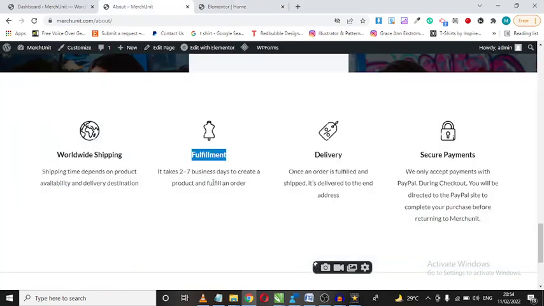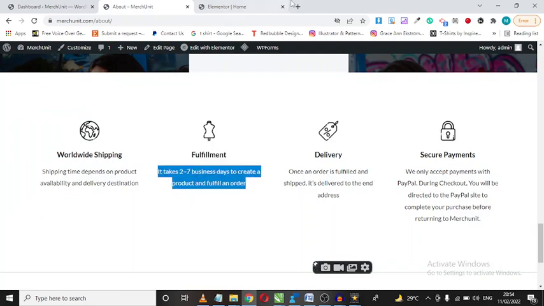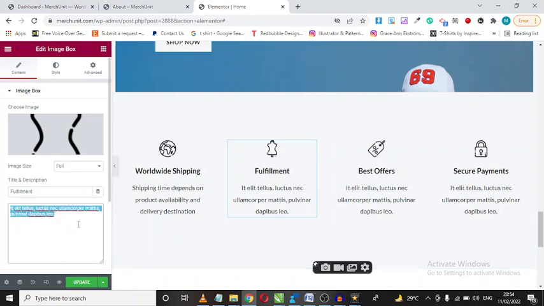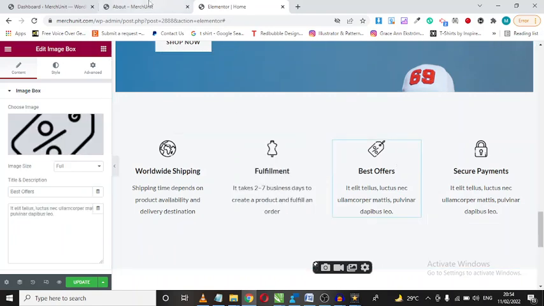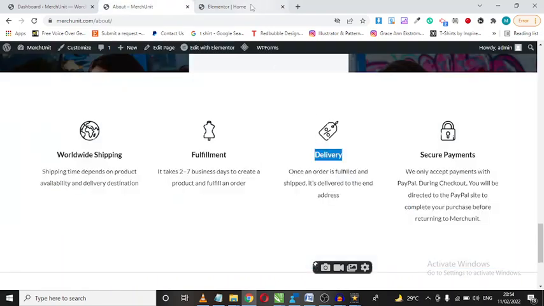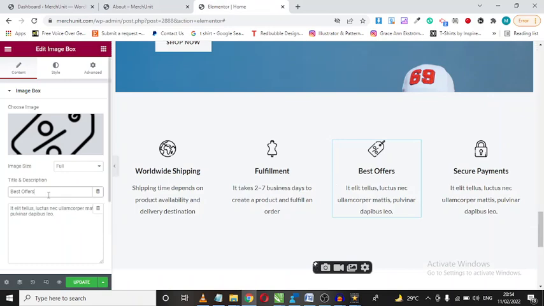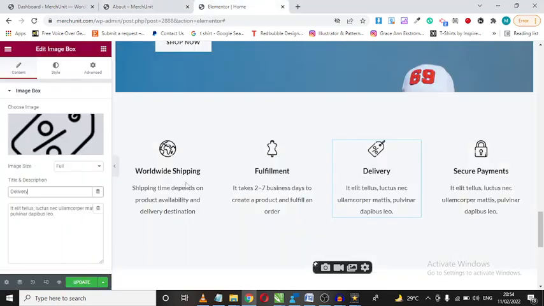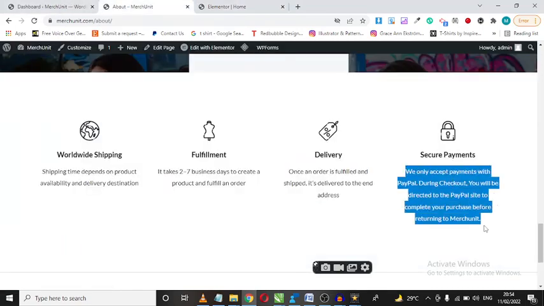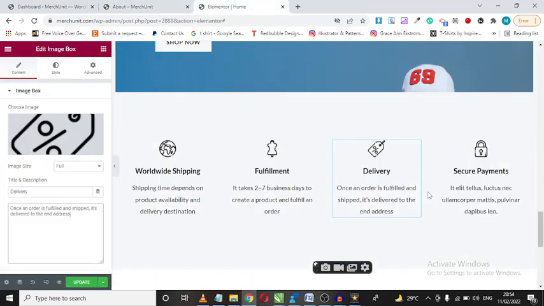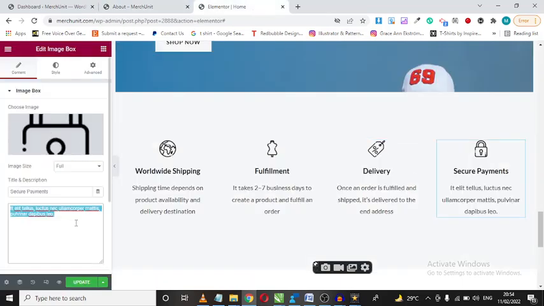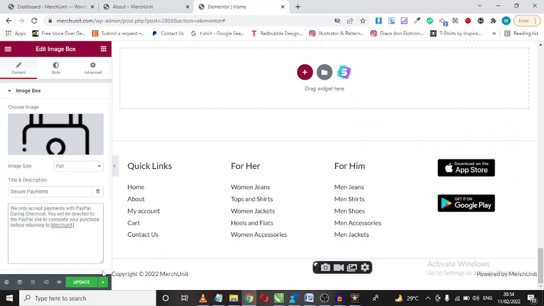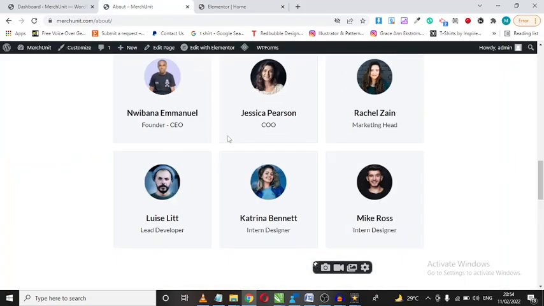Change the fulfillment, copy this, change. This one is delivery, copy, paste, and lastly secure payment, copy, paste. So that's how you go about doing that. And you just want to click update, and if I refresh,